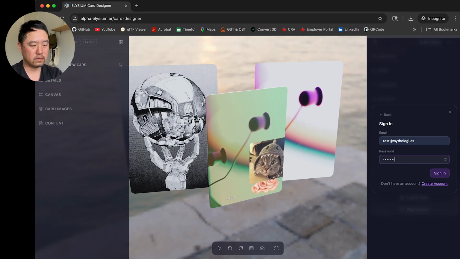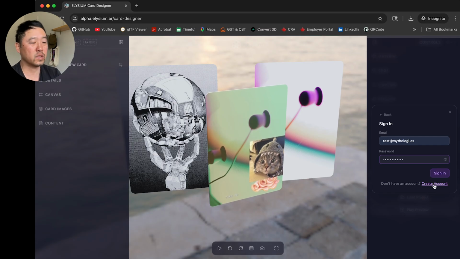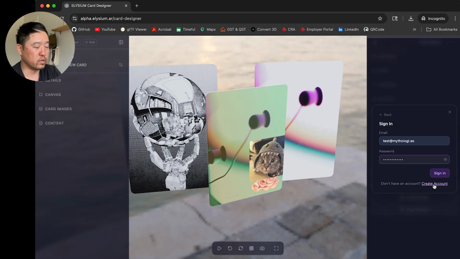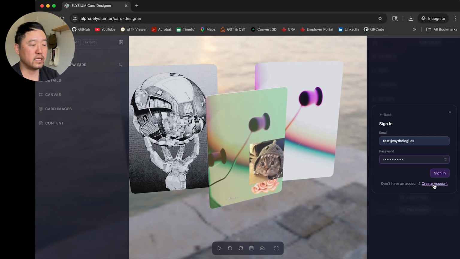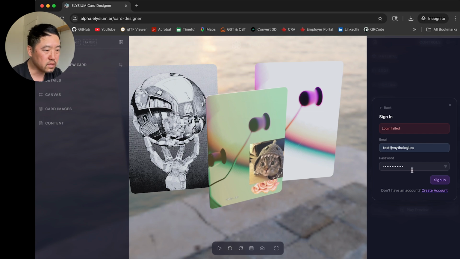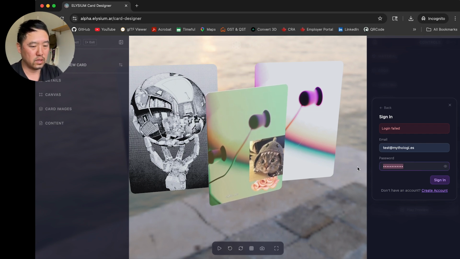Okay, I can sign in. So if you don't have an account, you can create an account at this point. So this is something that you could have done in the very beginning, or we could do now. It doesn't really matter. But once you're signed in, you're signed in. So you can just go ahead and sign in. Oh, maybe I wrote the...